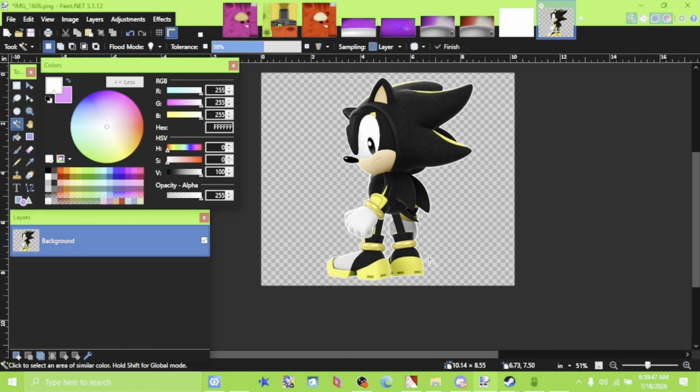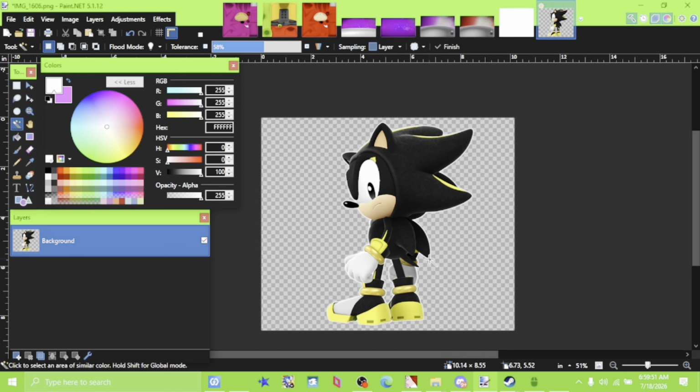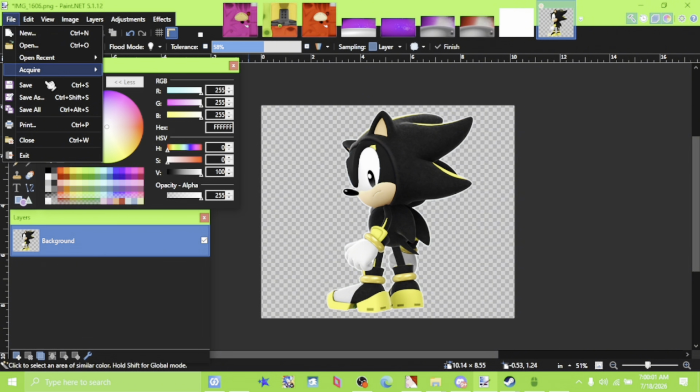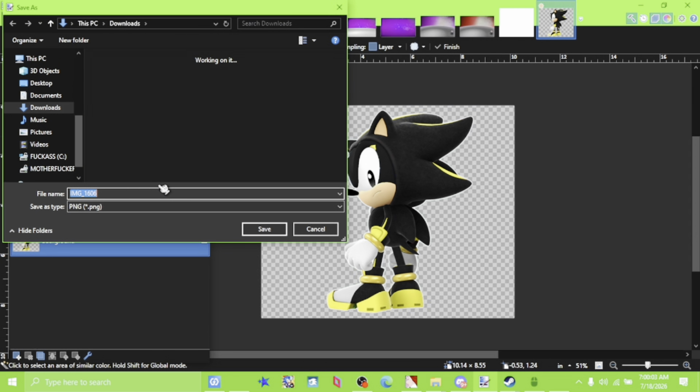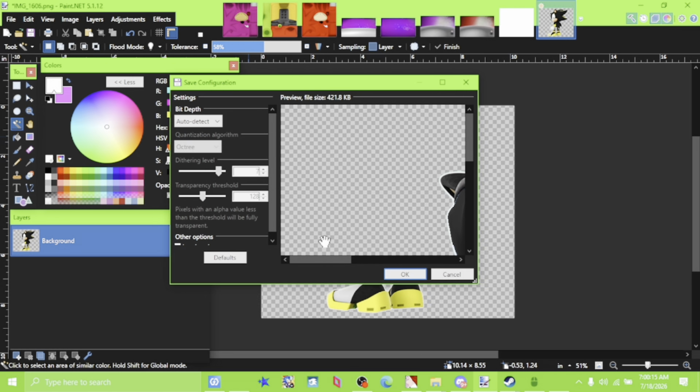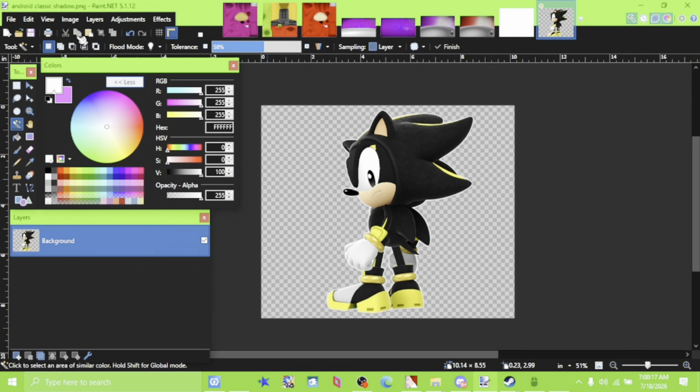So, yeah, you know, I like taking my time and doing what I can with this. In fact, I will save this. We're going to save it as Android Classic Shadow. As you see, the name up here will change to Android Classic Shadow. And if we go back a few,